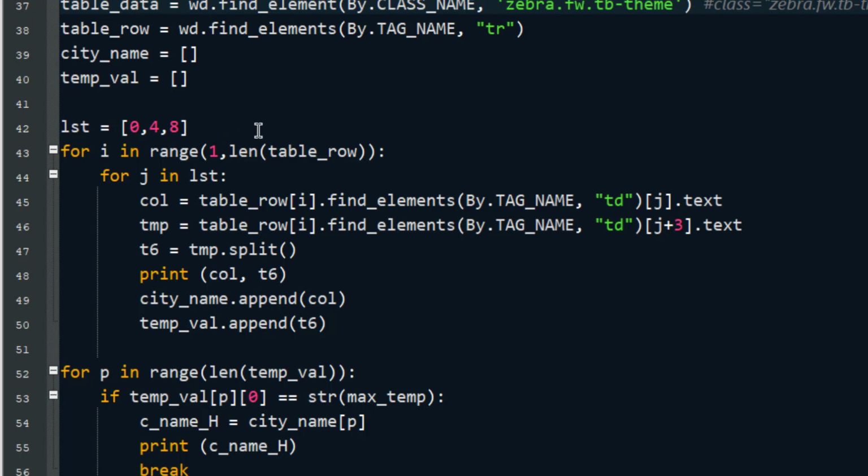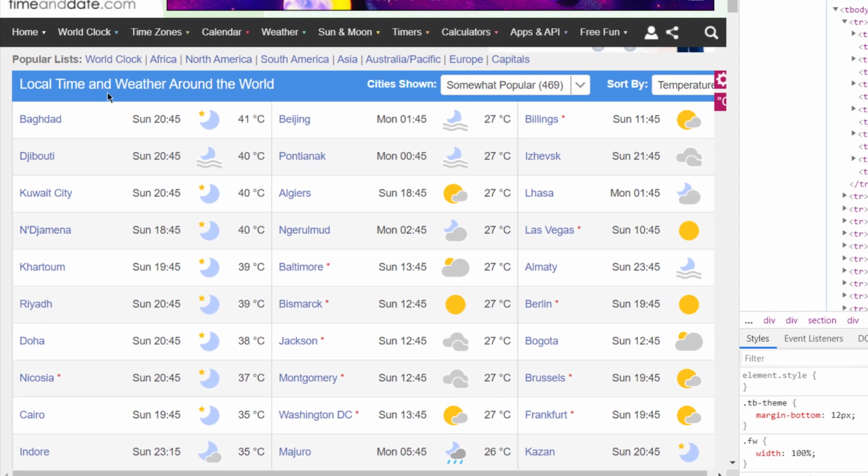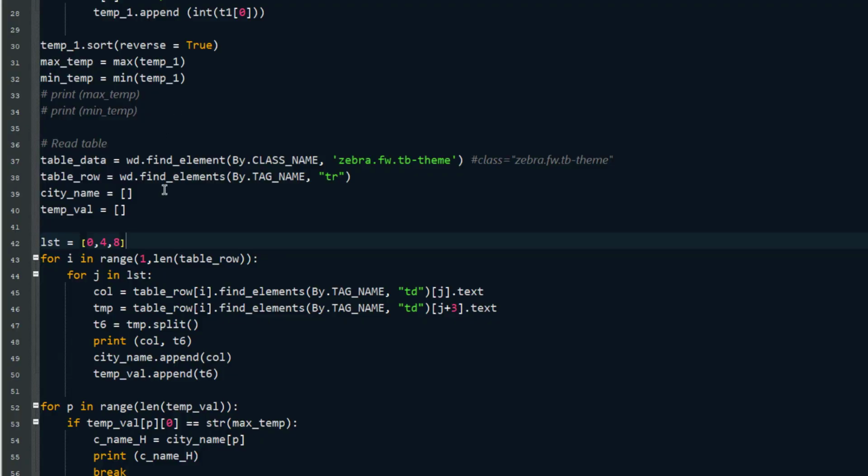Now you will be surprised to see why I have created lst equal to 0, 4, 8. I was iterating through this for loop, and when you scrape the data, the first element that comes is 0. I want to exclude the first element because the header is also considered in this one. So I just wanted to exclude the header and start executing from the first position, index number 1.